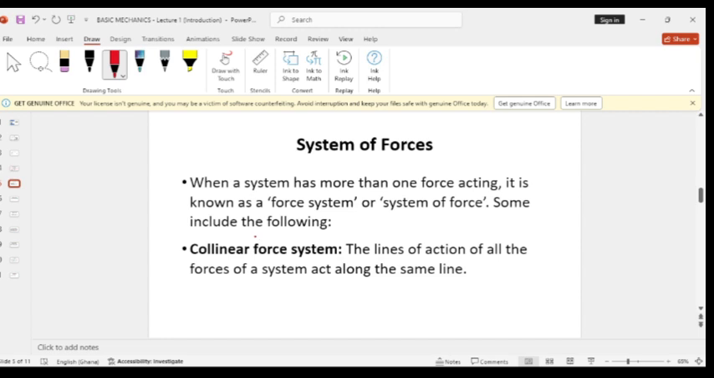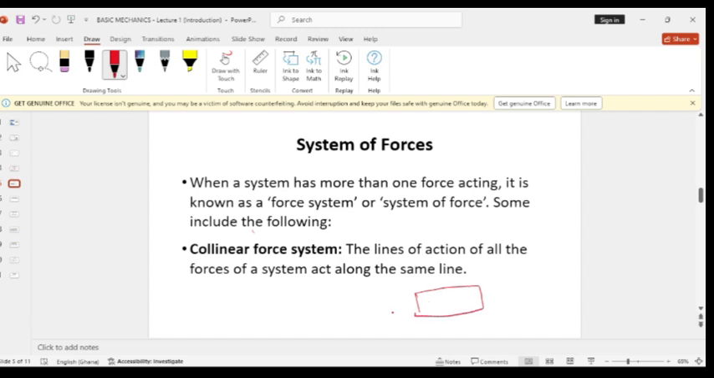then we will talk about system of forces. What are system of forces? When a system has more than one force acting, it is known as a force system or system of forces. Mostly in real life applications, we do not get a single force acting on a single body. It's almost not possible to have such a scenario because always there are more than one force acting on a particular object. For instance, if I have an object like this,